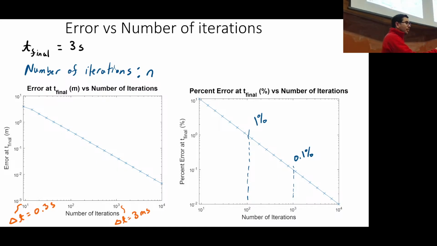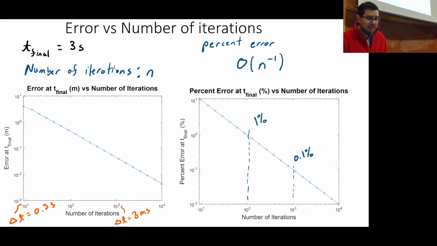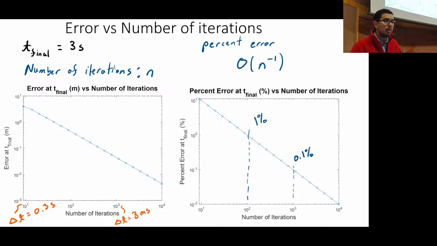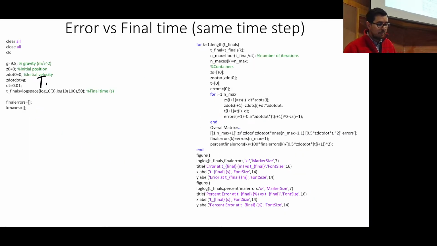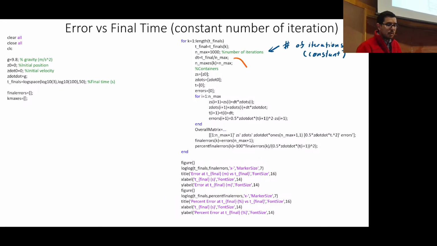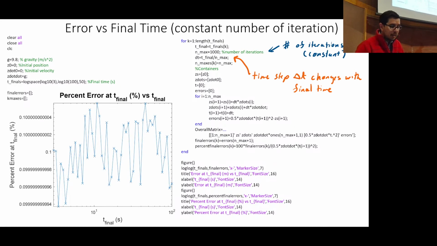Because if you take the log of x squared, right, you can take the 2 out, right? You can do 2 times log x. All right, so this has an error that decreases with n to the -1, or 1 over n. Okay? And I just want to point out here that I'm